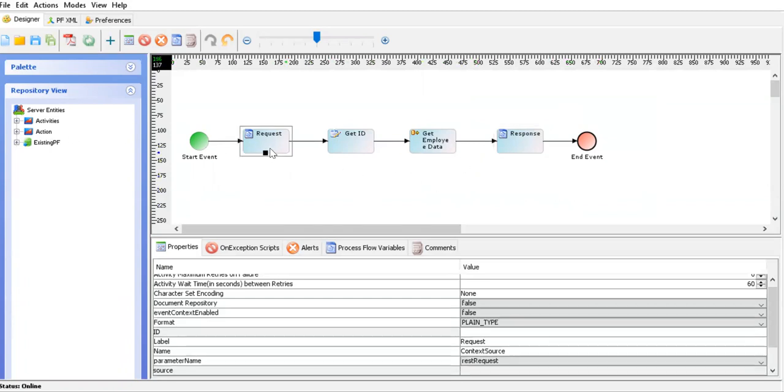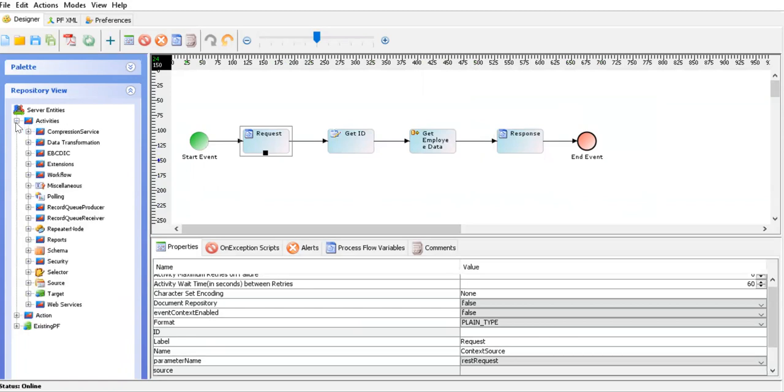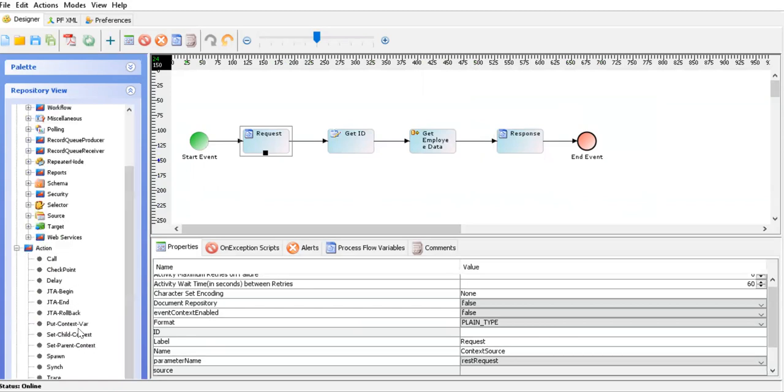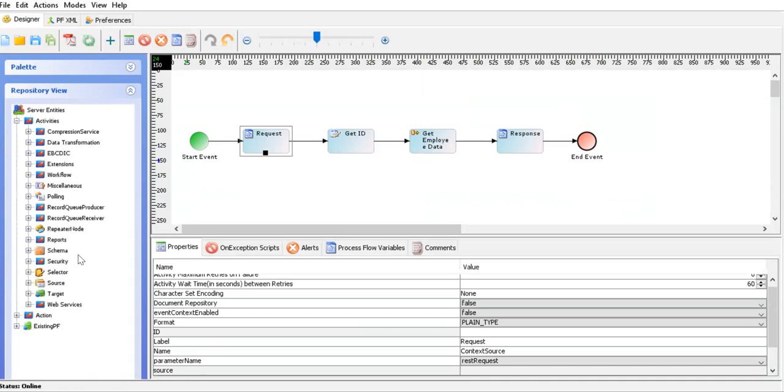We need to note this: there are a few activities from the action part, like repeater service, context source, context target, put context, that you don't need to create in the console. So our process flow is ready, which takes the ID and gives the data for the employee.